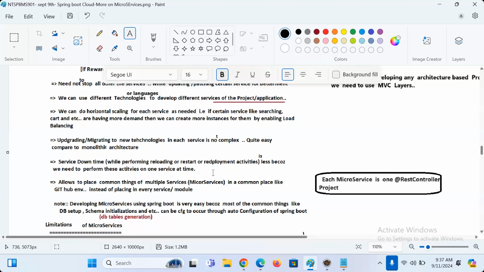See, even though multiple microservices are there, for all microservices together, we'll be having only one UI. That UI looks like a single project only, right? For example, you take an insurance project. There are 200 services. I developed 200 microservices.